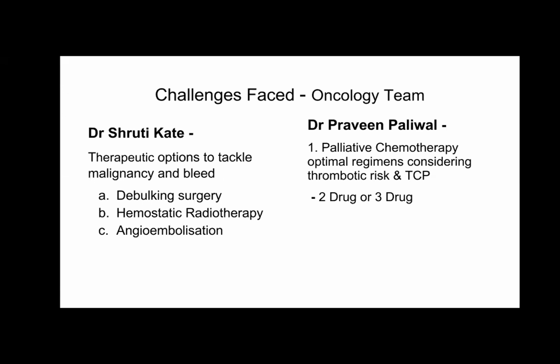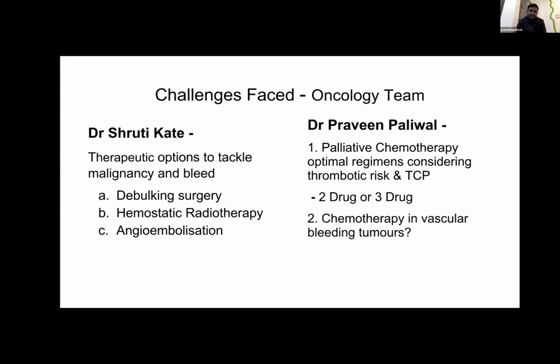Considering the thrombotic risk of platinum, sir, would you still consider a platinum-based backbone? Correct. The question is relevant, but the thrombosis risk is more with the cisplatin, with the oxaliplatin it is slightly less, and even because with the thrombosis, the patient will need anticoagulation at some point of time. So my option will be to go for the 5-FU with the oxaliplatin or the capecitabine.